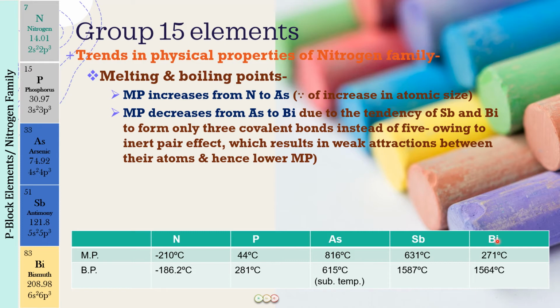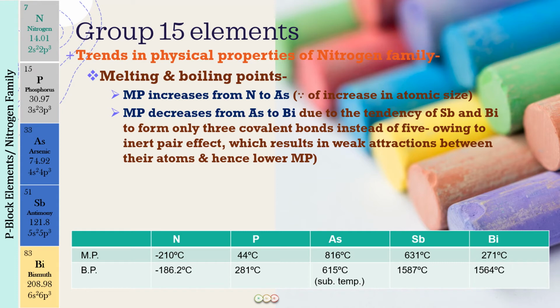because here also the size is increasing. So why did the temperature fall? That is what is important for you people to remember. Okay, so first of all, let us read these lines and then I will be explaining. So first of all, what we see is that the tendency of antimony and bismuth is to form 3 covalent bonds instead of 5, owing to the inert pair effect, which results in weak attractions between their atoms and